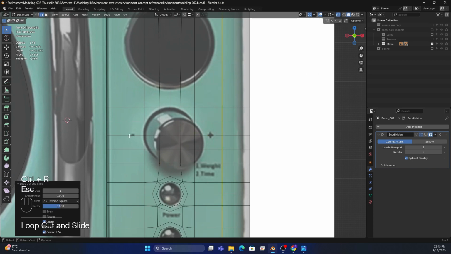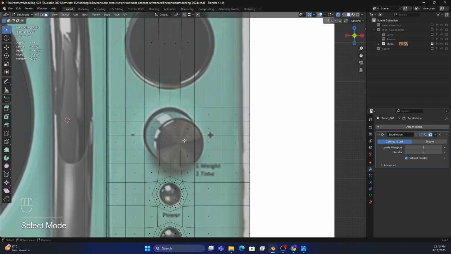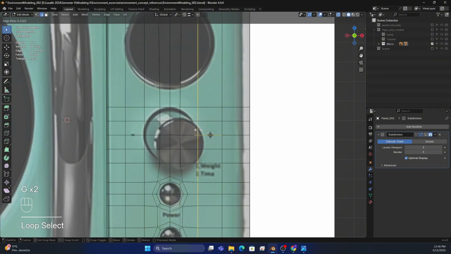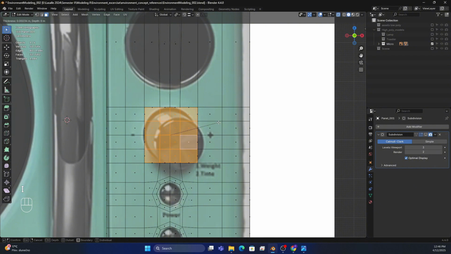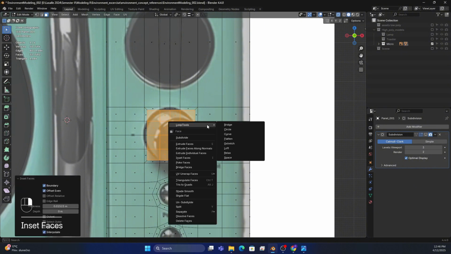Now we can add the loops here. And I'm going to go to face mode and select it. This one maybe I can move a little bit. Yeah. So let's select the square like that. And now what we can do, we can insert the faces, circle,